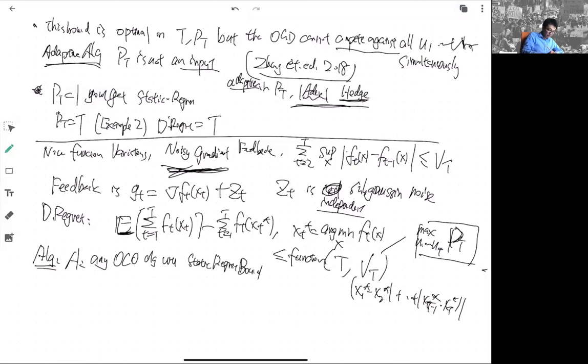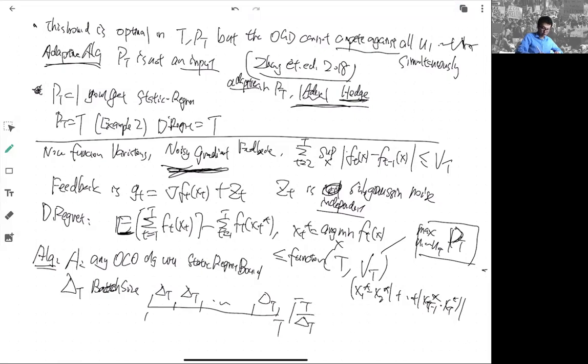Okay, and then the algorithm is like I'm gonna split the entire sequence of t into batches of delta t. This is the batch size. So think about this as the entire sequence 1 to t. Let's partition it into fixed subsequences of size delta t, right? So at the end of the day, you have the ceiling of t over delta t number of sequences,